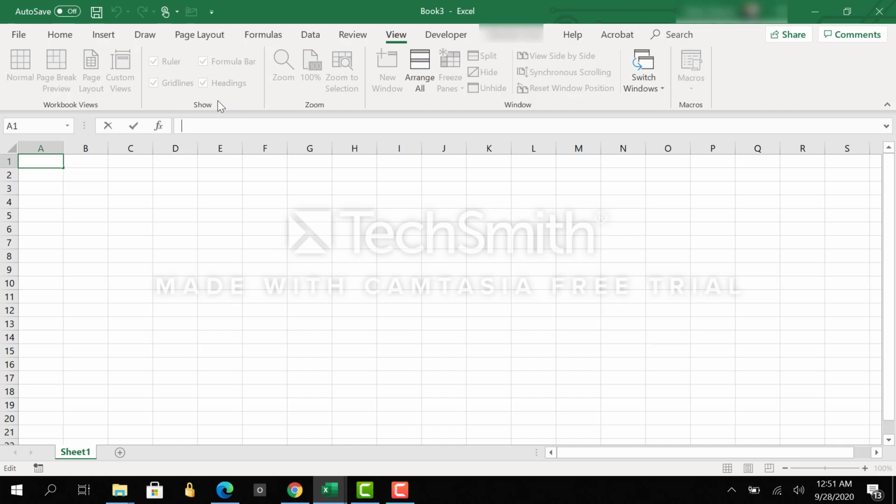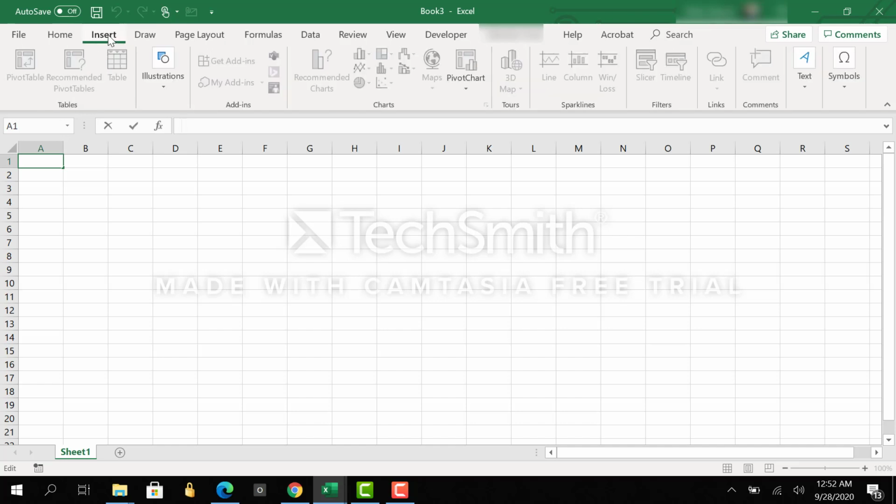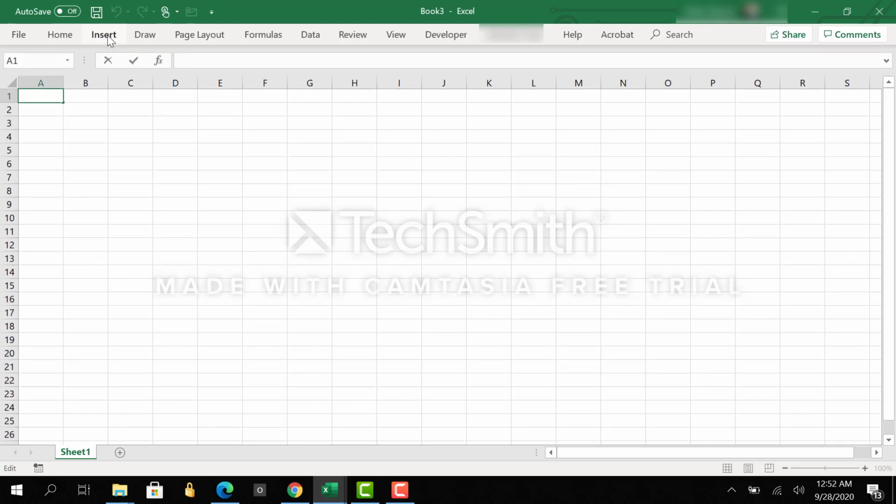Then also, step back for a moment and go back to the ribbon here. Something else you can do: if I double click on the tab, we'll see I'm on the Insert tab, let's say, this will minimize the ribbon. So if I double click here, it is minimizing the ribbon, kind of smashes it up. I like to show that one because it does take a lot of space on your screen.